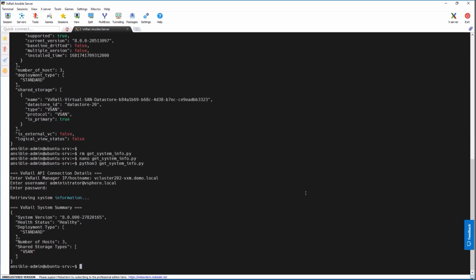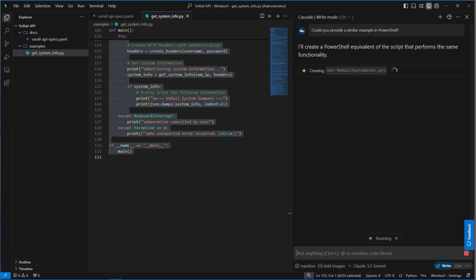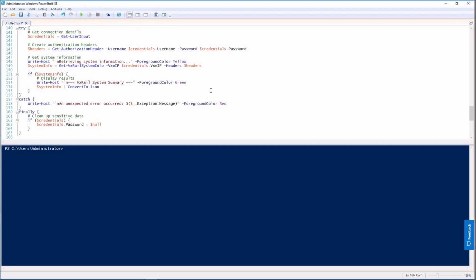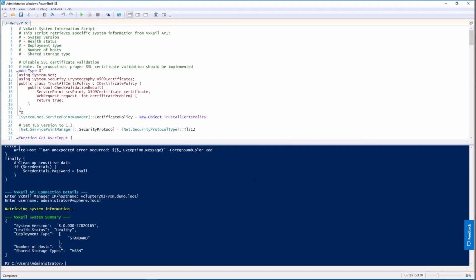I would modify some of the data formatting, but note how quickly we can develop automation scripts that meet our requirements this way. Moreover, if you're unfamiliar with Python, that's fine. It is just an example language suggested by the LLM. If you prefer working with PowerShell or any other language or framework, you can generate automation scripts in your preferred language. In this instance, let's see if Cascade can translate our custom Python script into PowerShell. As you can see, yes, and we got very similar output.